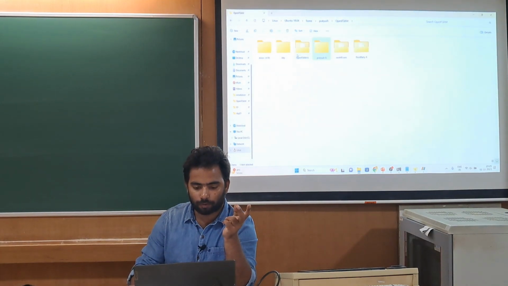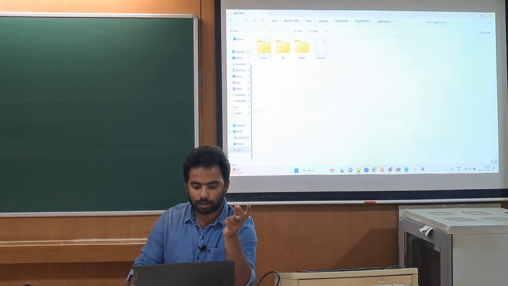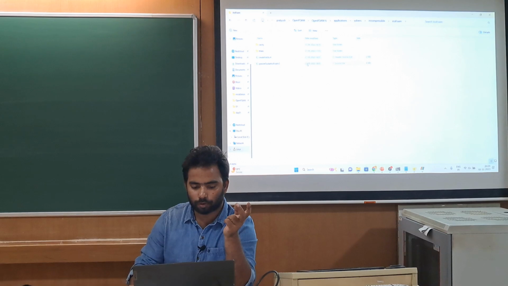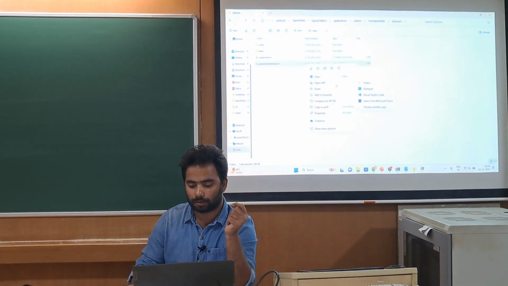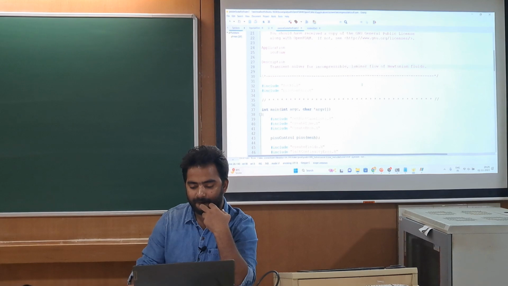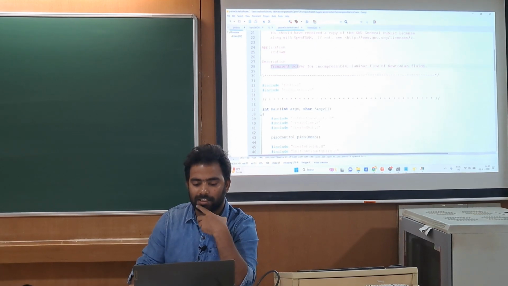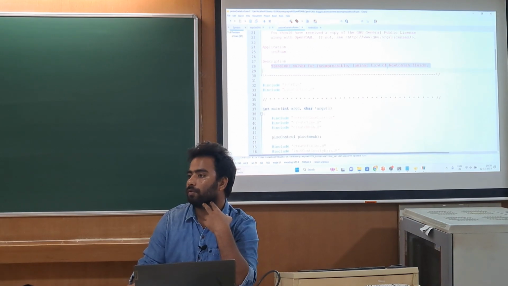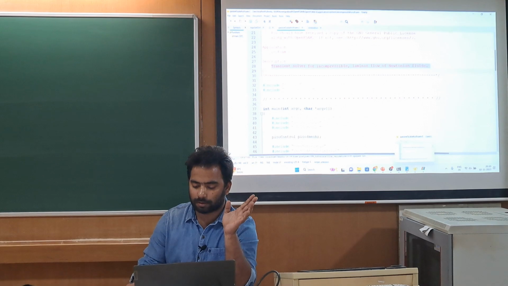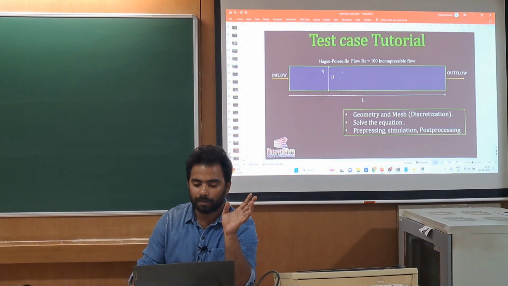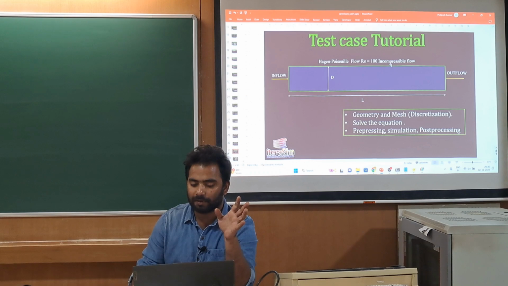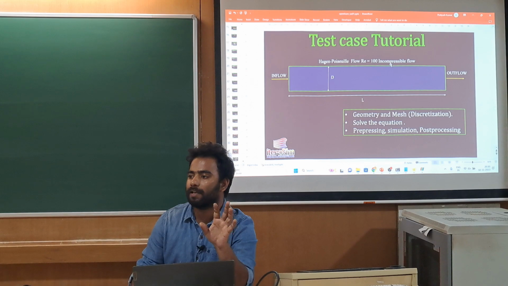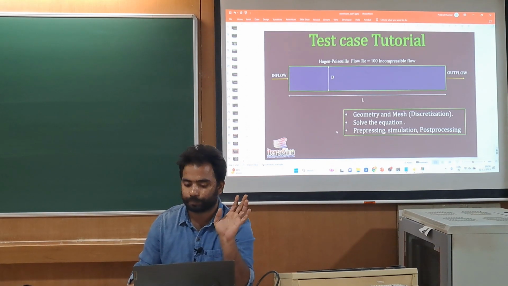When you go to the OpenFOAM 6 folder, applications, solvers, incompressible, icoFoam, and open the .C file, you can see it is written that it is a transient solver for incompressible, laminar flow of Newtonian fluids. So this is the problem that we are solving. We have incompressible flow. We are assuming that the fluid is a Newtonian fluid. So that's why we can use the icoFoam solver.